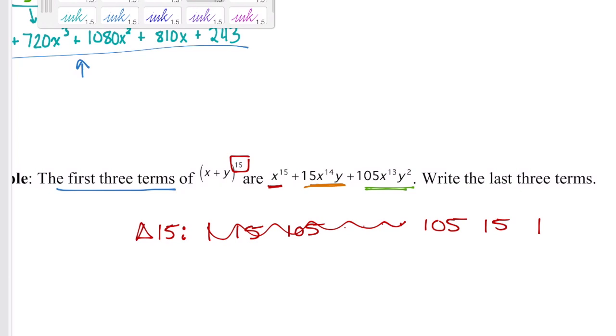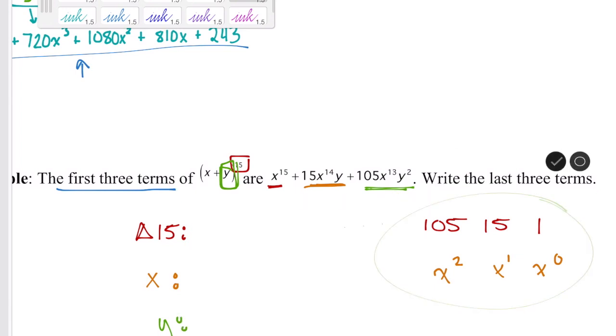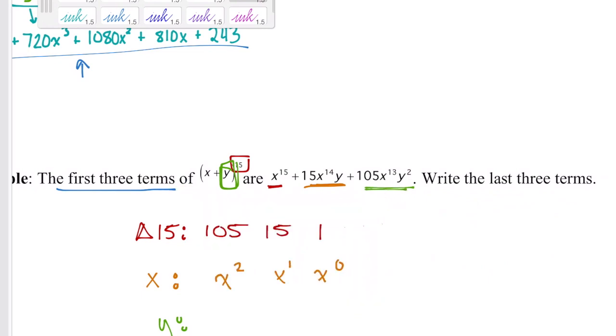When it comes to my powers of x, remember we start with 15 and then we go all the way down to 0. So I know my last one is going to be x to the 0 power, x to the first, and then x squared is going to be the third to last. And then I know with my y value, it's going to go up. So I'm going to get rid of this so this stuff is a bit closer together. I know the highest it's going to go is going to be the last term, so that's to the 15th. And again, it's going up as it goes over to the right, so it's going to go down as I backtrack. And then I can do my columns